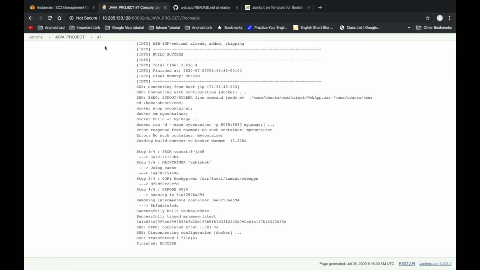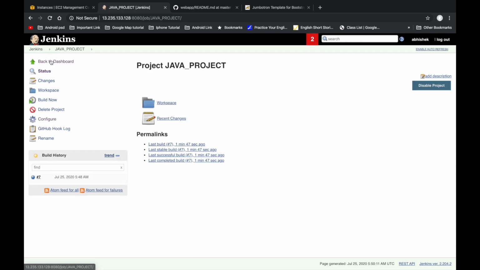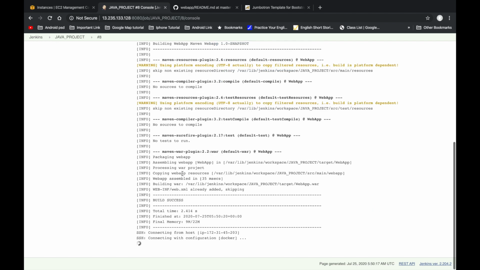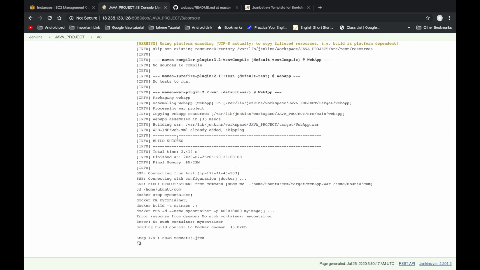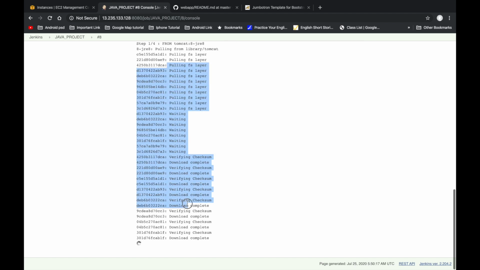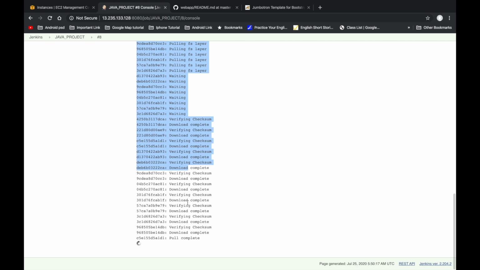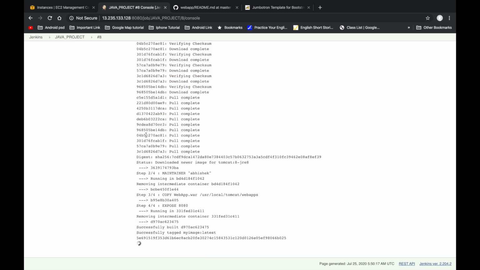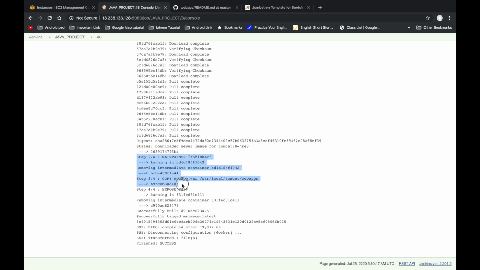So let's go to Jenkins and trigger a new build. The new build is started. We can see here it is pulling the images from the Docker Hub and downloading. Once all this progress is done, it will start the process one by one.